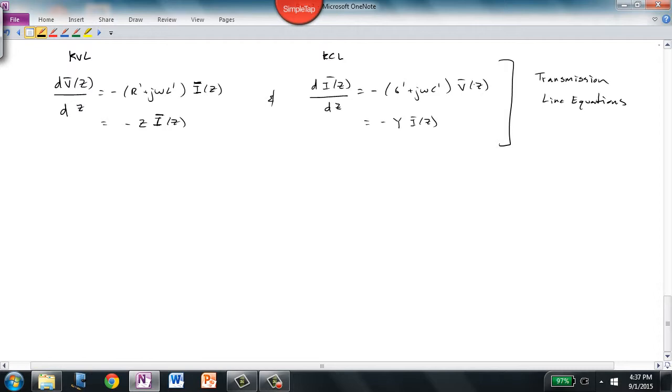So these are just relating the rate of change of voltage to current and transmission line parameters, and the rate of change of current to voltage and the transmission line parameters. What we're going to do next is we're going to take the derivative of this entire equation right here. So we're going to take d/dz of this equation,